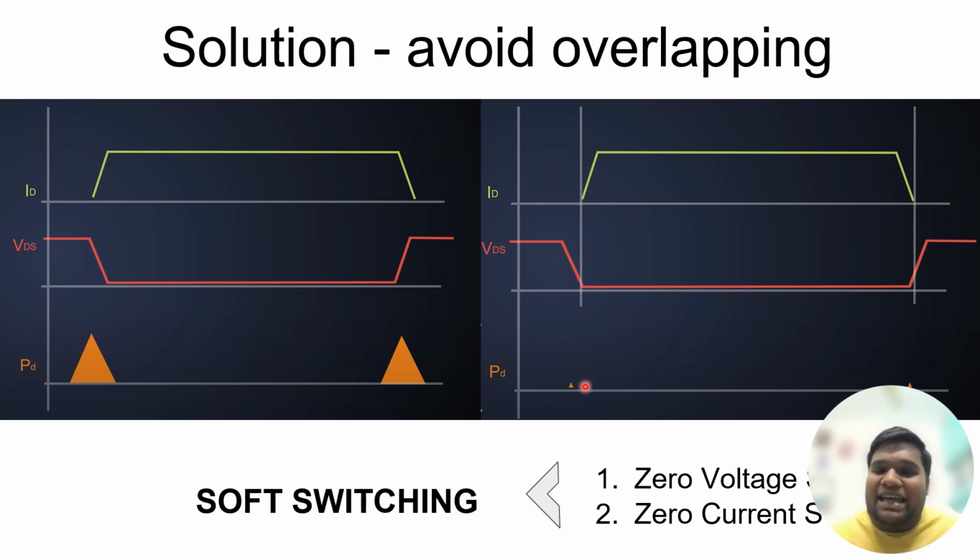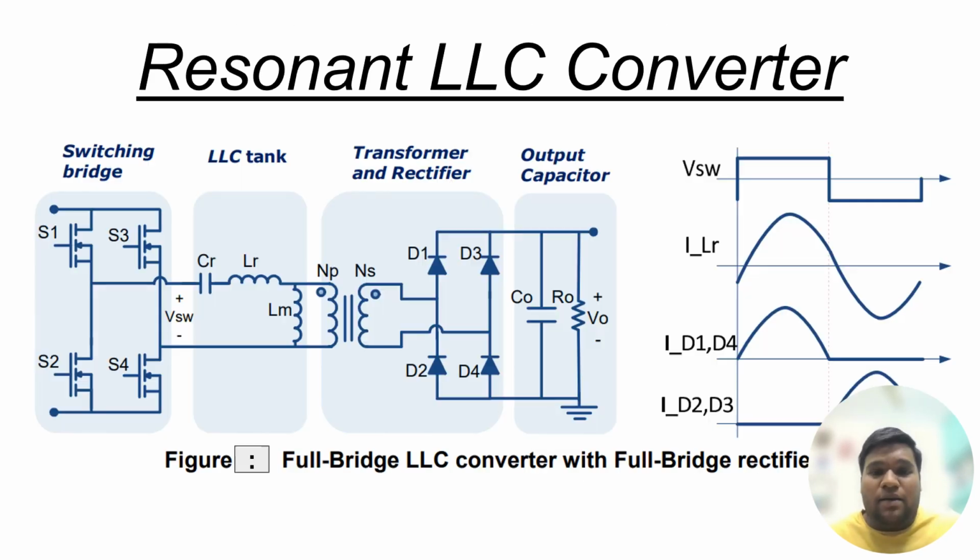In this way, I can reduce the power dissipation to a large extent. And this is called zero voltage switching, because once my voltage VDS has come to zero, only then the ID has started. Then there is another concept called zero current switching. In zero current switching, what happens is,